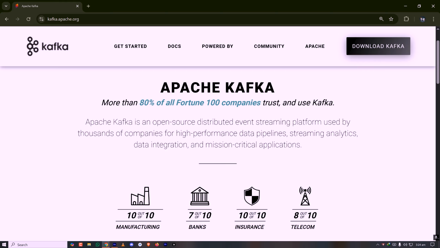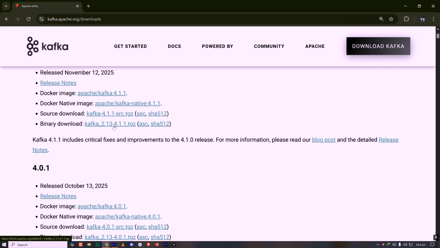Okay, so the issue is Kafka requires a lot of configuration. If you just simply download the binary file and add it to your environment variable, then you need to do some configuration, and there are some plugins missing on a Windows 11 computer, so you can run into lots of issues. So the best solution is to use WSL, or even better is using Docker Desktop, which is powered by WSL. Okay, so in this setup I'll use the simplest approach, which is using Docker Desktop, and I have video